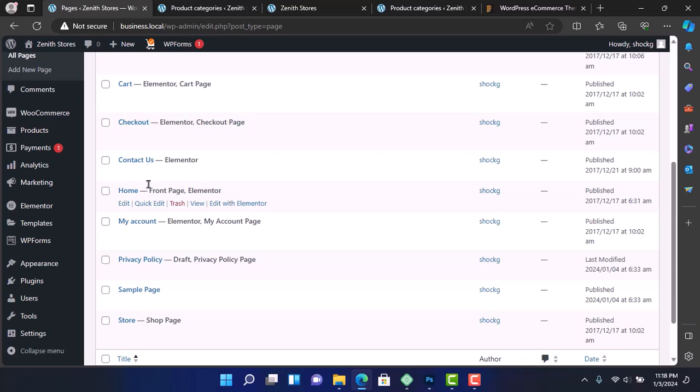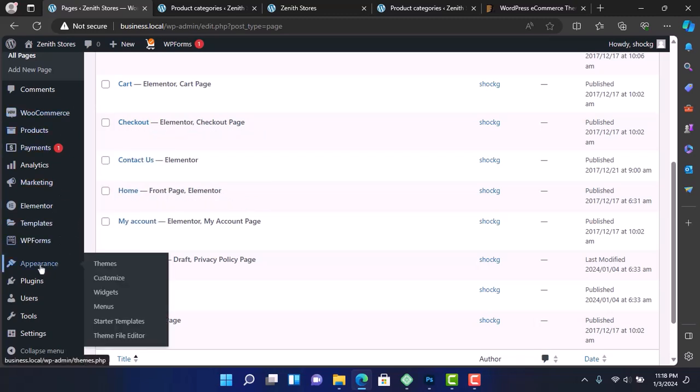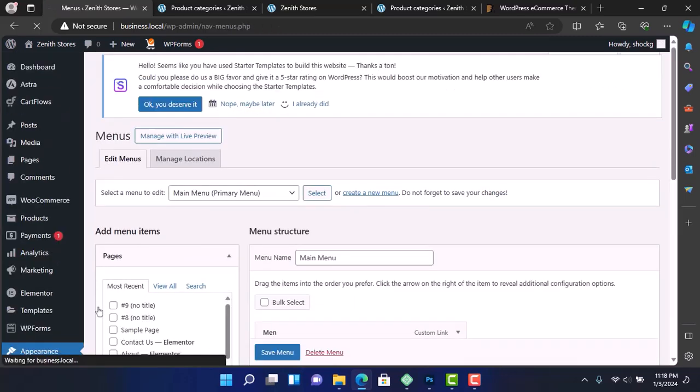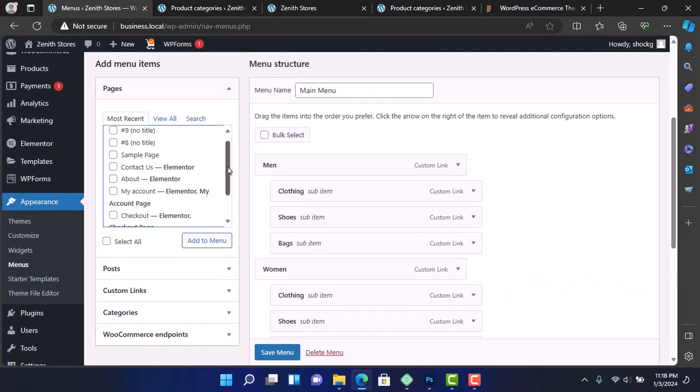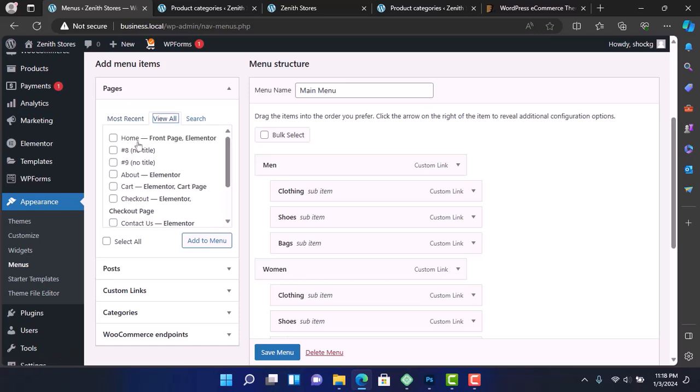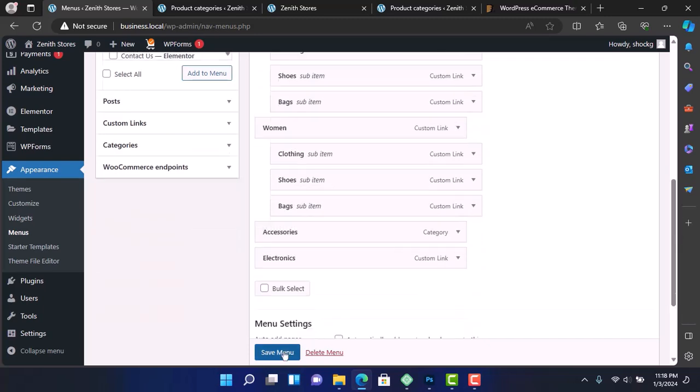So let's go back to appearance and menu. And now on the pages, we are going to click on view all, and here we go, home front end, and it was designed using Elementor page builder. So just click on it and add to menu. And we are good to go. So if I click on save menu,